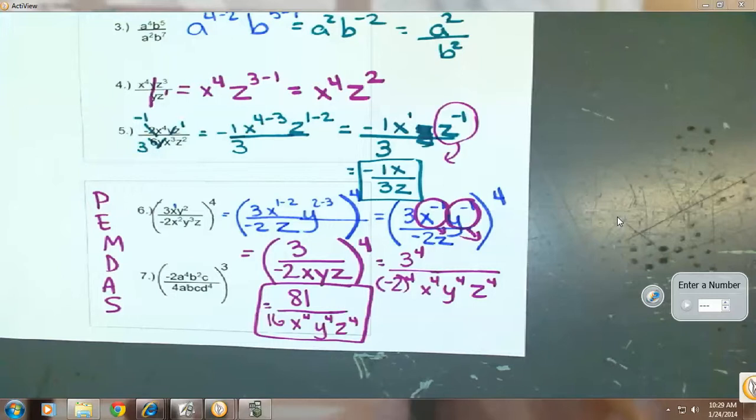Now, these guys, there's no reason to reach for a calculator. It needs to start here. And the only way you're really going to change 4s like that is if they're negative. When you put this in, you need to multiply. Power to power, multiply, so 3 times 3 is